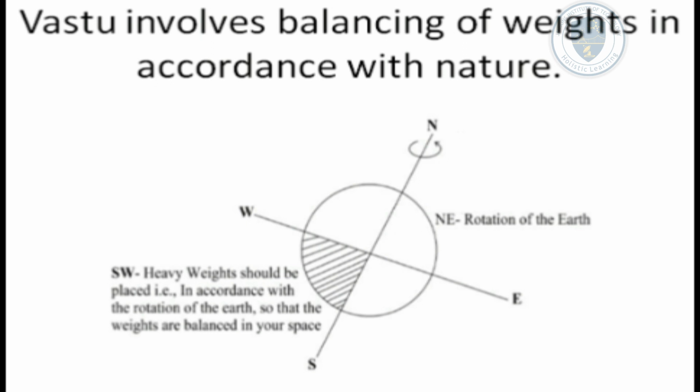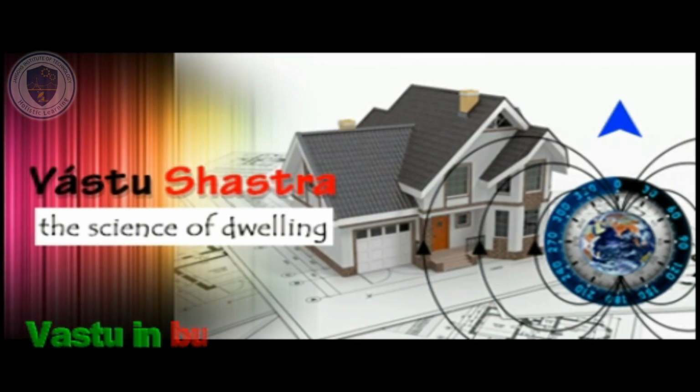The fundamental principle of Vastu mainly focuses on law of weights, that is, low weight area and heavy weight area, and balance of weights in accordance with nature. The Earth's atmosphere from the west rather than the east. A house should be designed in such a way that windows, doors, and all sources of ventilation absorb as many positive rays as possible, and all the walls protect us from harmful rays.